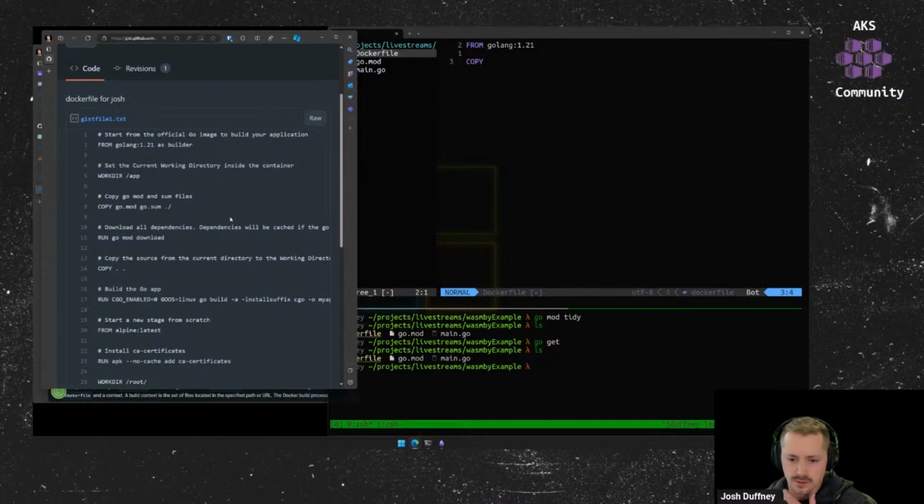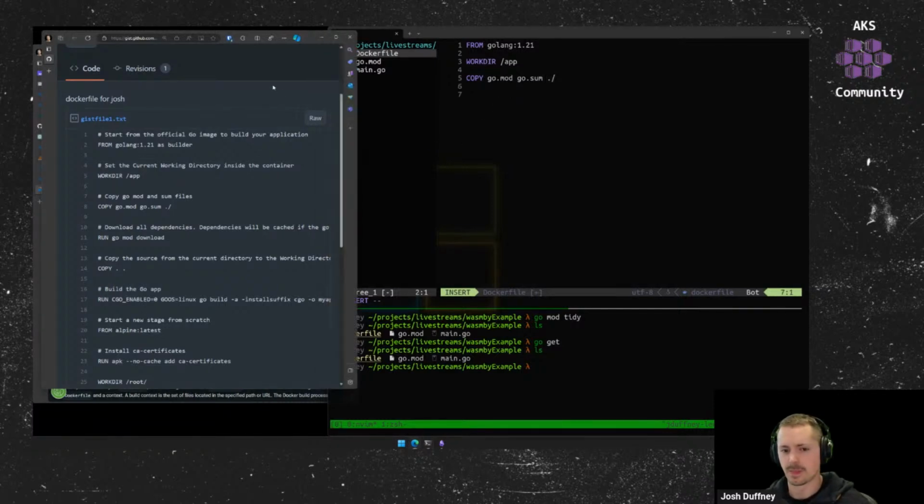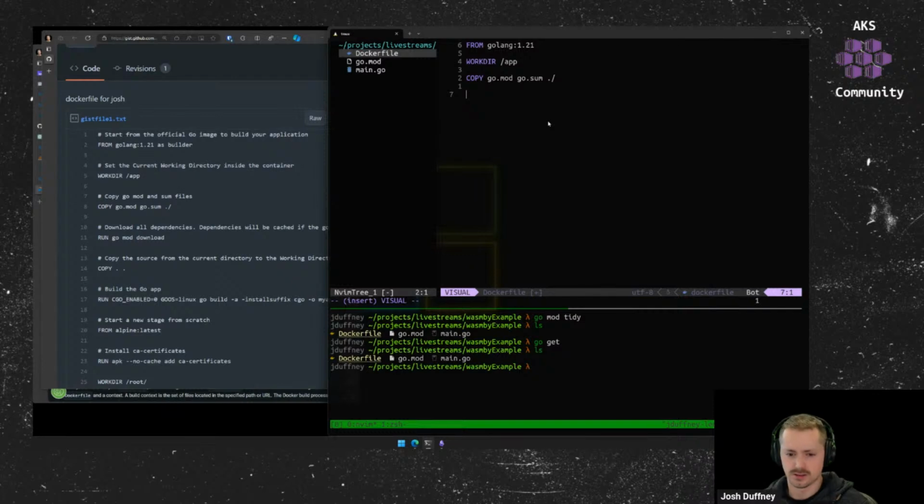Oh, okay. So maybe it just optionally uses that. I've only seen it in larger code bases. So let's just work through this. Let's set the working directory. Let's say copy the go mod, and if this is working with go sum for his particular project, hopefully it'll work for mine. And then